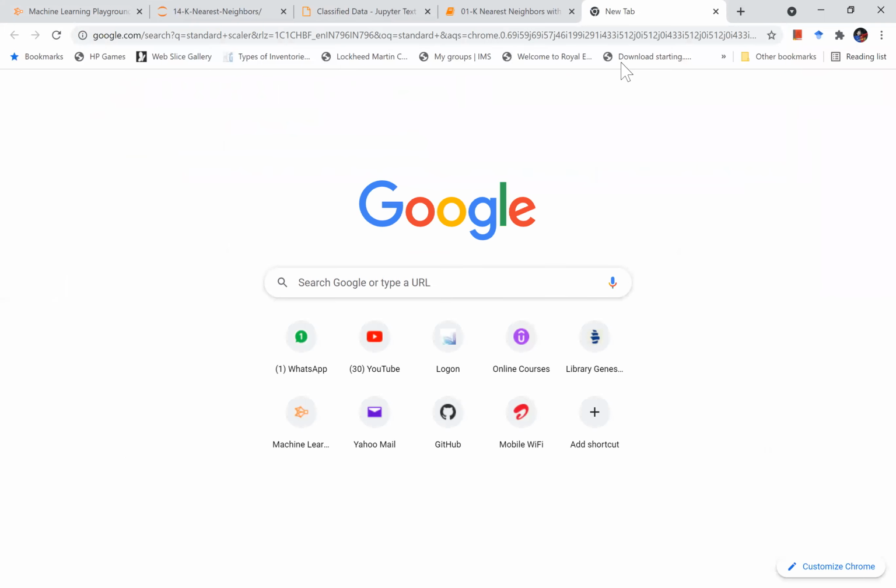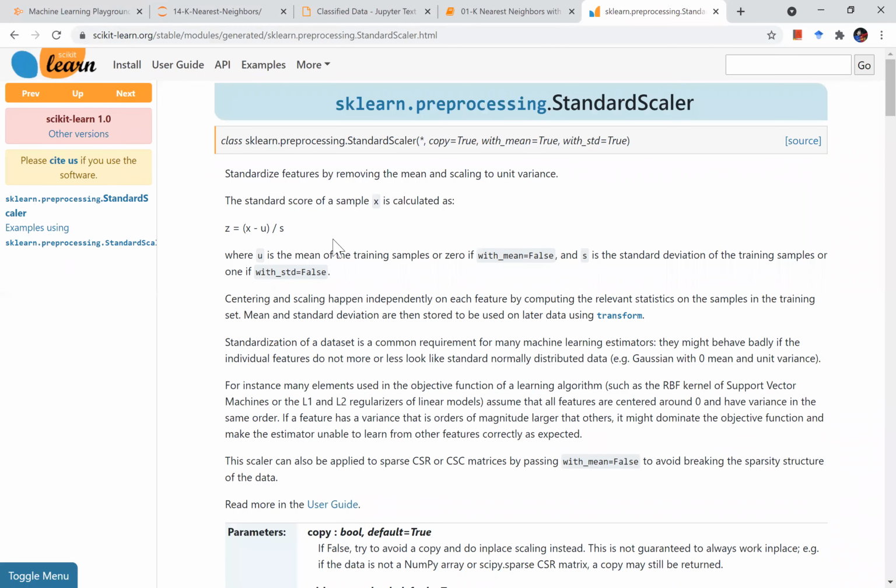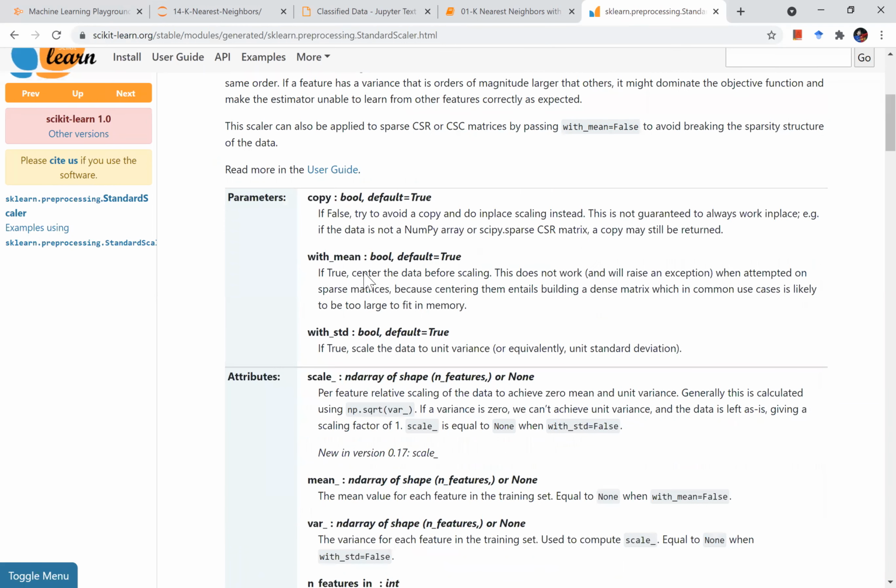StandardScaler, if you take a look at this preprocessing, please always keep referring to the documentation. Basically it will give the standard score of a sample x: z = (x - u) / s, where u is the mean and s is the standard deviation. So it gives values